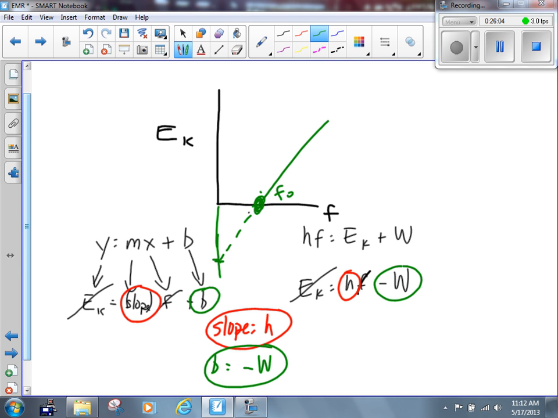Does that make sense? It's not really what's happening, but think of it like this, Patrick. Think of it as the electron is waiting to get up to ground level. It's underground. It's got a negative potential energy. It needs to absorb a positive energy to get to the ground level and then go up into the sky. So a negative potential energy in a sense that it needs to absorb a certain energy, a work function, to get to the ground, and then it's free.